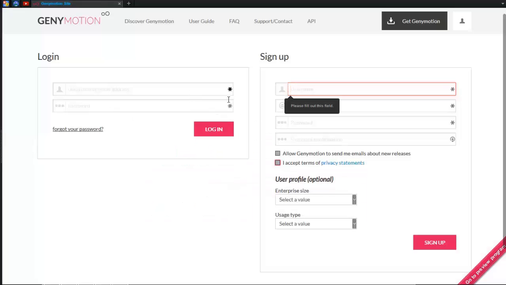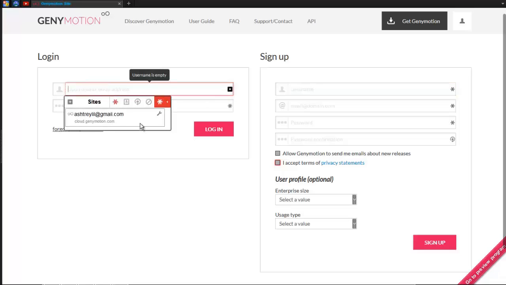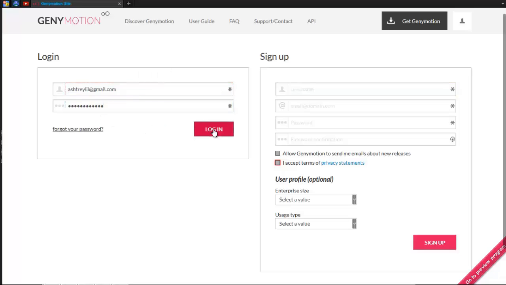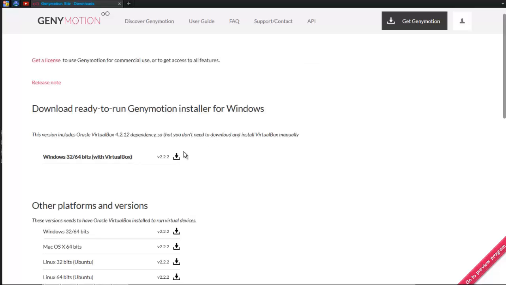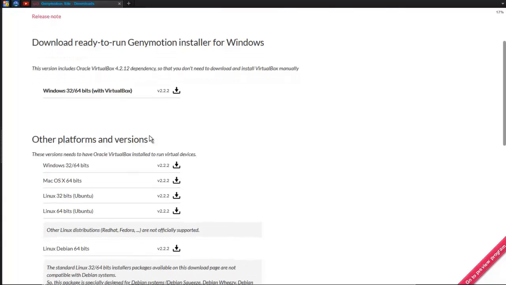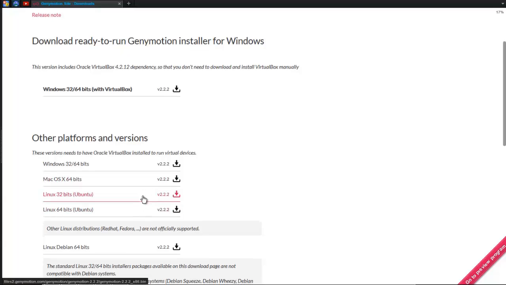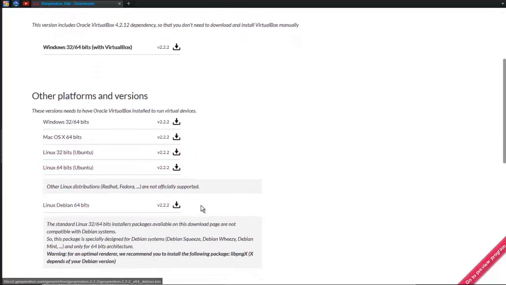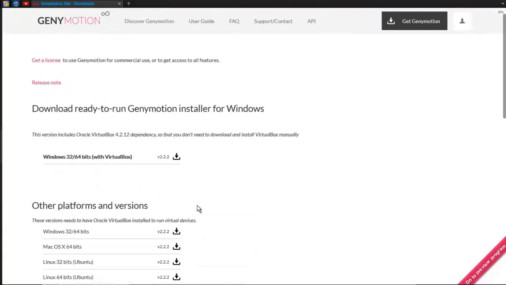So I'm going to log in here. And you want to click this one here for download with VirtualBox. This does come for Windows, Mac OS, and Ubuntu Linux. It also comes with other distributions, so you can do that. So if you click download here,